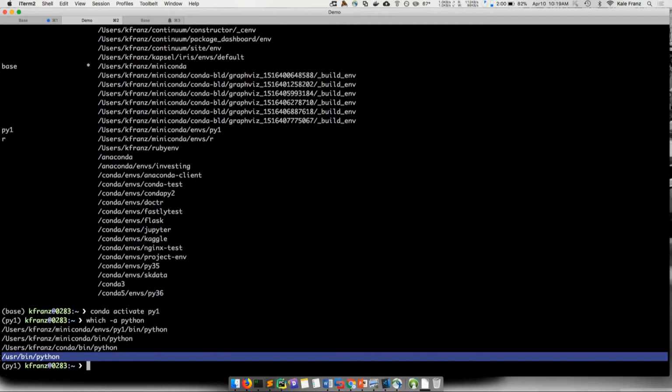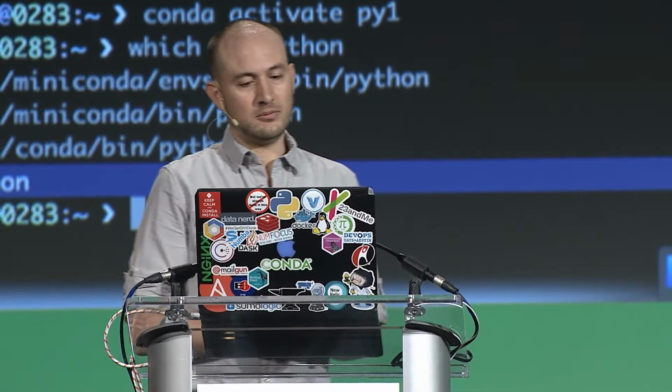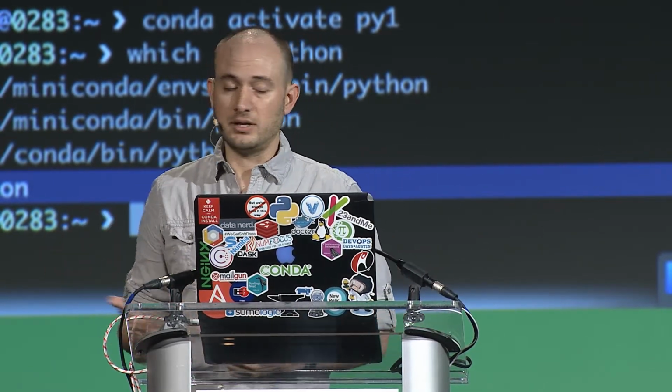Some people complain about being able to activate 2 levels deep. You need to understand how path resolution works. I really encourage you to, so that you can figure these problems out on your own, because it's not just a Conda problem. So use which -a, use type -a. On Windows in cmd.exe it's where, but it's not going to work here. But if I did where python in the batch shell, it would give you the exact same thing as which -a.